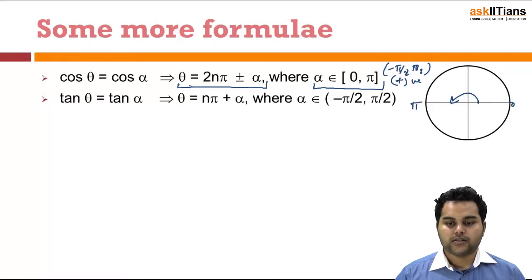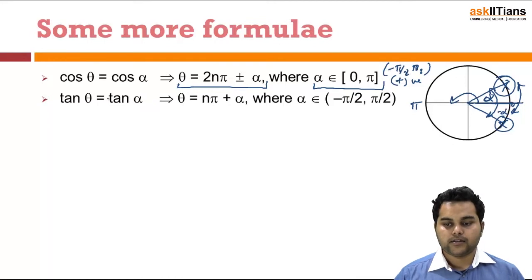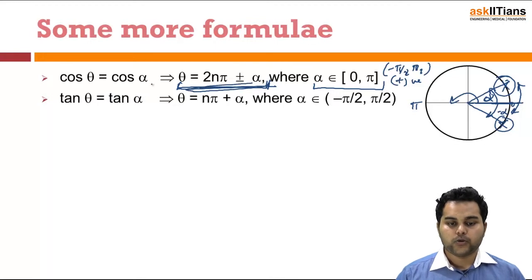And the solution is decided as 2n pi plus minus alpha. So 2n pi is an even multiple of pi, so it will always be lying at 0, and plus minus alpha is either in this direction, that being alpha, or in this direction, that is minus alpha. So two solution sets would be here. I would tell you which of the two can be selected in the case of principal solution in the coming lecture. So this is the solution set, or the general solution, for cos theta is equal to cos alpha.